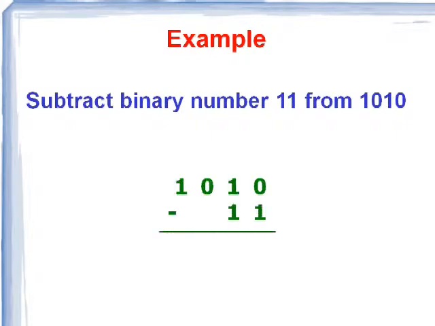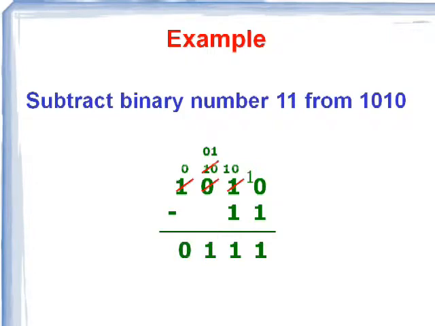Take one more example here. I want to subtract this operand from this operand. So 0 minus 1, definitely we have to take a borrow from the left side bit. So I took one borrow here, then it becomes 2. So 2 minus 1 is 1. Now here again I have to take a borrow from the left side bit, therefore it becomes 2 minus 1 again 1, and then it has to take a borrow, so it becomes 1. Now this is the result that we get with binary subtraction.